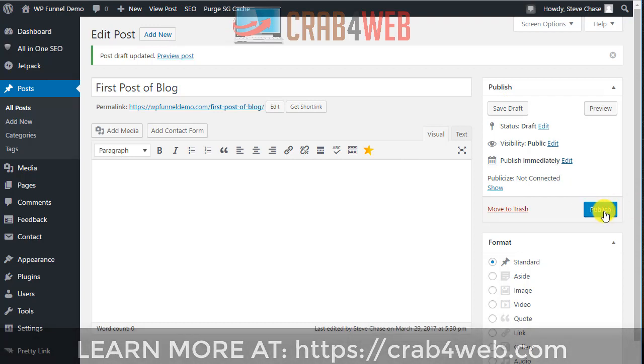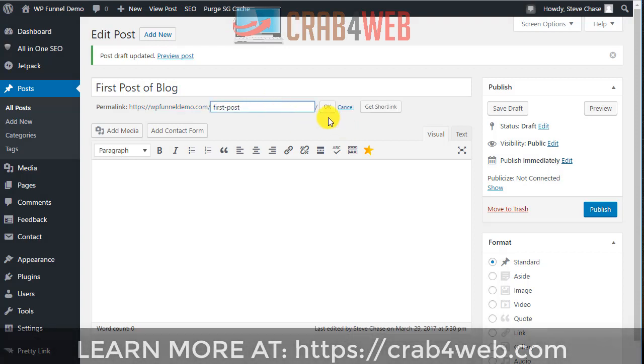And then once the first time you publish it, it will update, and this button will always show as update and not publish. When you first put in your title, it will pull the permalink. Since we changed our permalinks to post title, it will pull the first title you put in and give the permalink as your website to first post a blog. If at any time you want to edit that, say you wanted the title to be first post a blog, but you wanted to change this to just first post, all you have to do is click edit,